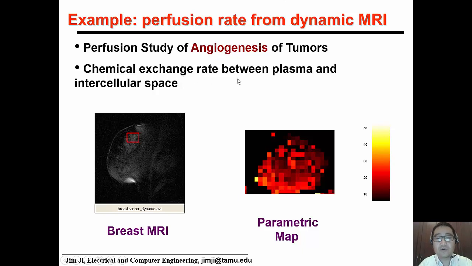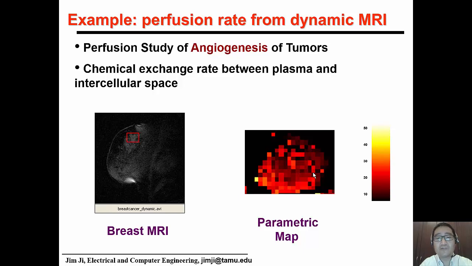In this first example, you're looking at dynamic contrast breast MRI. You acquire a sequence of images while the contrast agent is being injected. You look at how the contrast agent is perfused into the tissue, and by having a mathematical model account for the blood flow, how fast the contrast agent is injected, and how that contrast agent will be exchanged between the blood pool and the intercellular space,